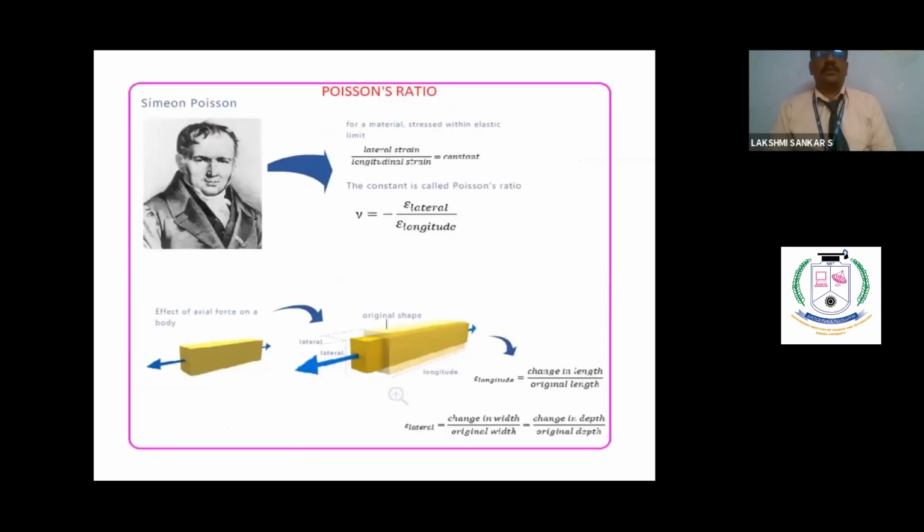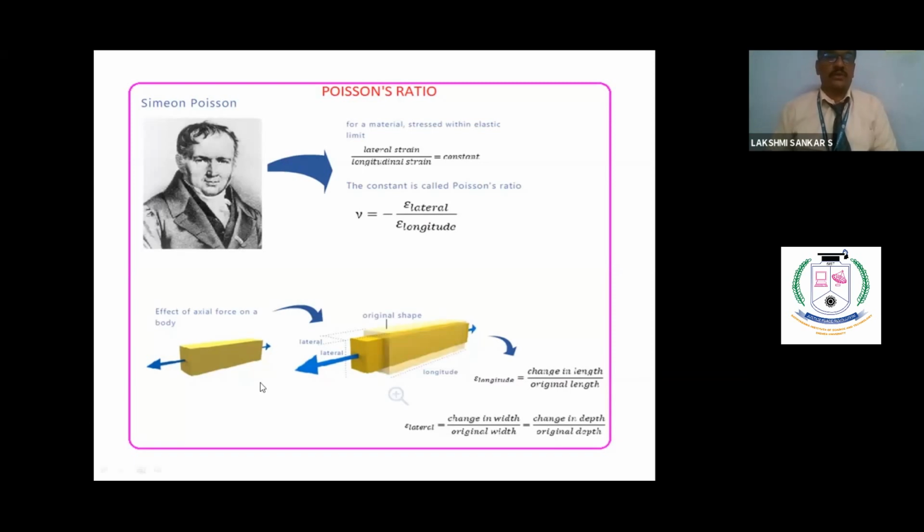Then we next come to an important idea called Poisson's ratio. So this Poisson's ratio is nothing but lateral strain divided by longitudinal strain. It's a constant within elastic limit. Many of the students will omit the words within elastic limit. That is wrong. Okay, we have to include the condition within elastic limit, because only till that the relation is meaningful, and the lateral strain divided by longitudinal strain is a constant, and it is represented by nu. That is strain lateral by strain longitudinal.